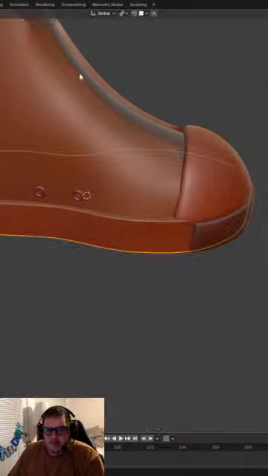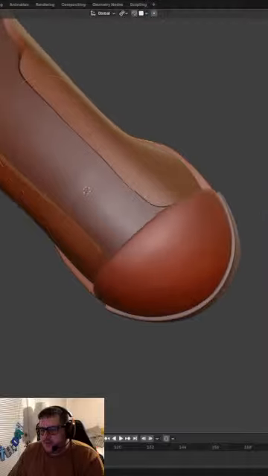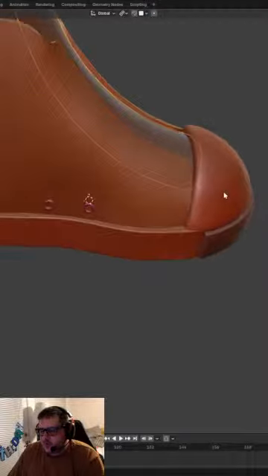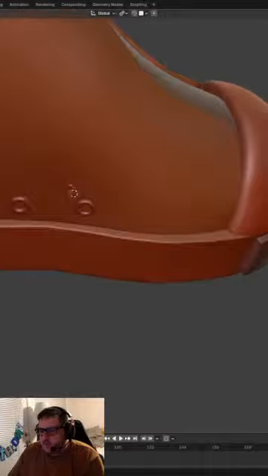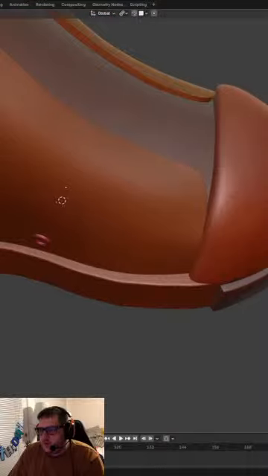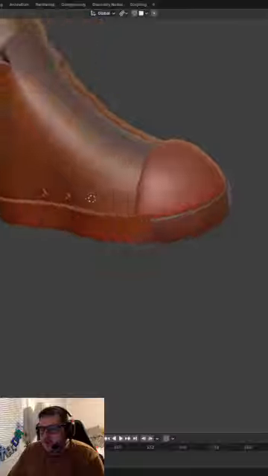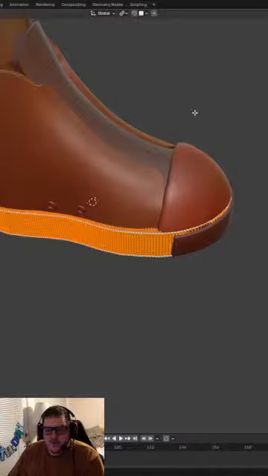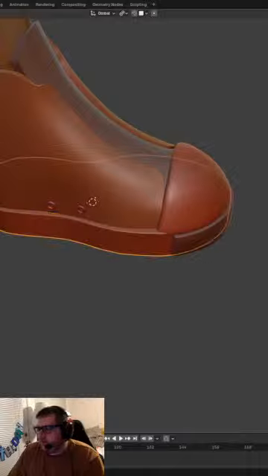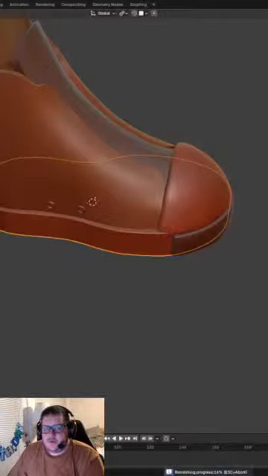Something's sculpting real funky on that right now. I'm not sure what exactly happened. What we'll do though is we'll remesh this at like 50,000 or something. See if that'll help alleviate the issue that we're having here.